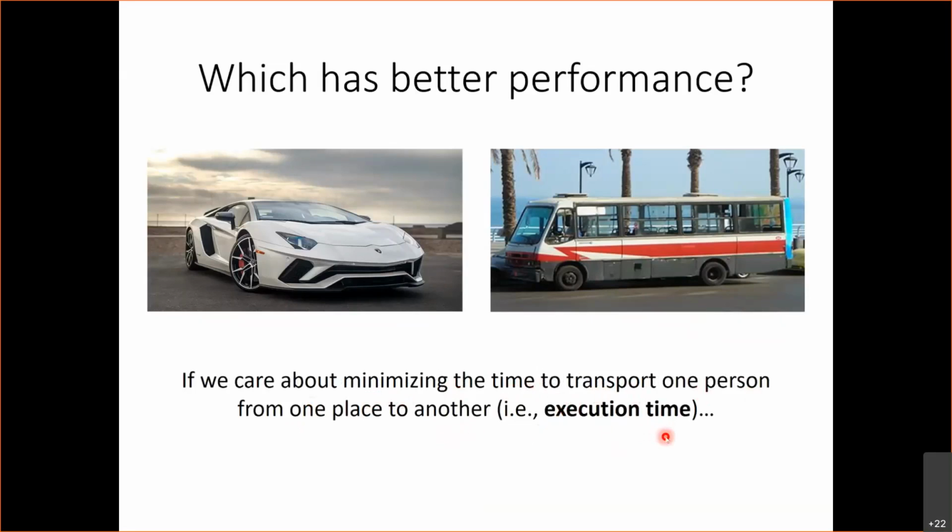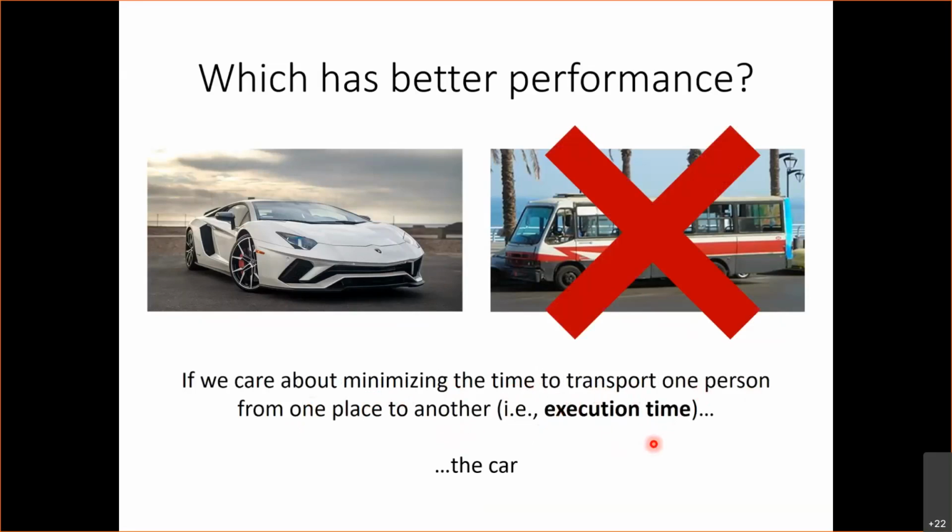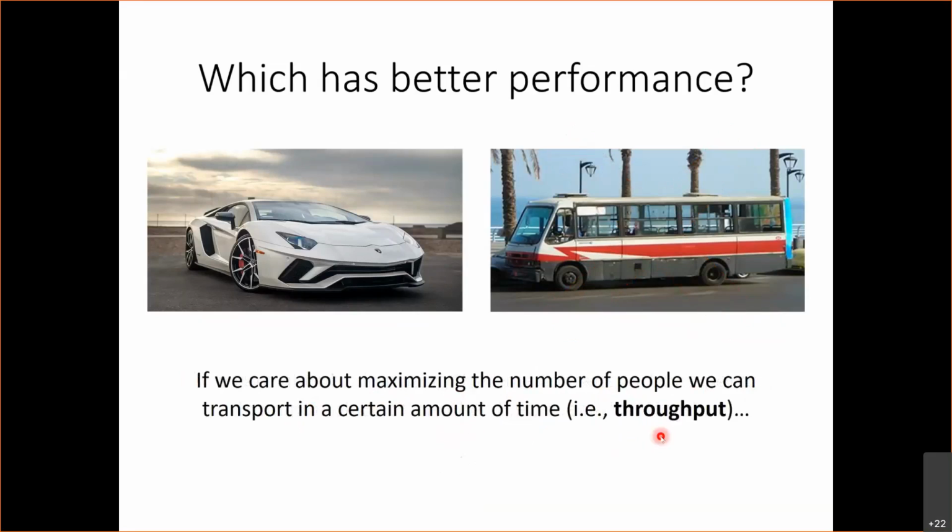Right, the car, exactly. So the car has better performance if my performance metric is execution time. Now, if my performance metric is throughput, so if we care about maximizing the number of people that we can transport in a certain amount of time, then which of these has better performance? Right, the bus, exactly,